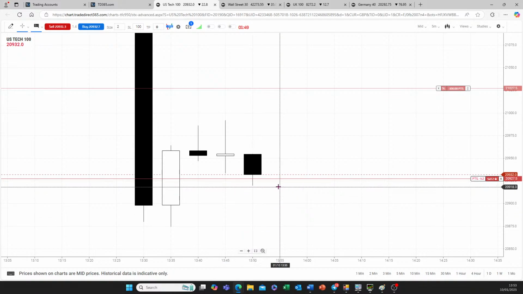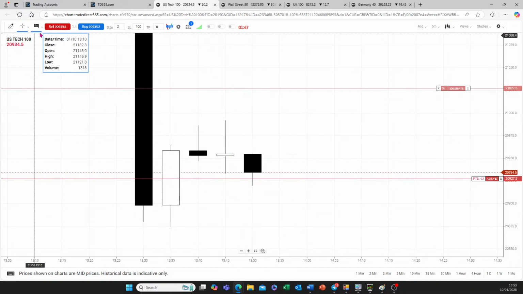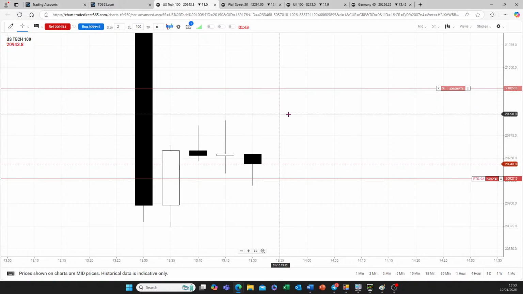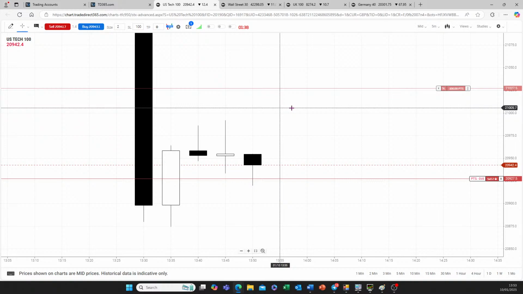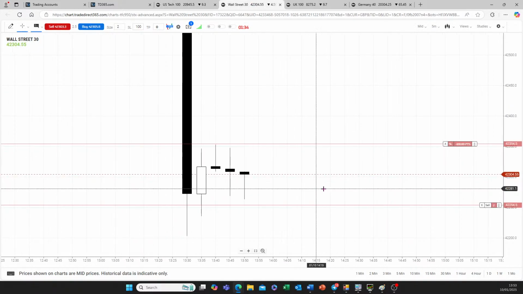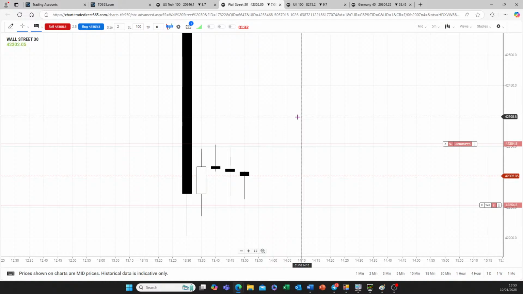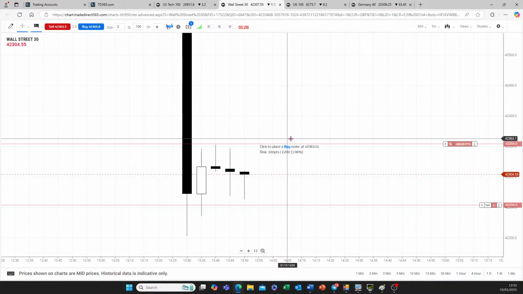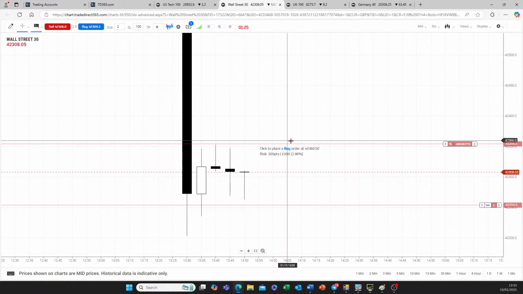So I have an entry down here, which is below this low here. But technically I could have a stop loss here. I just decided to not get whipped about. I haven't been filled in the down. Maybe I do need to have that long signal here in the Dow.